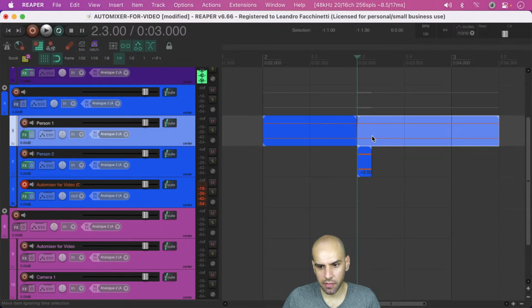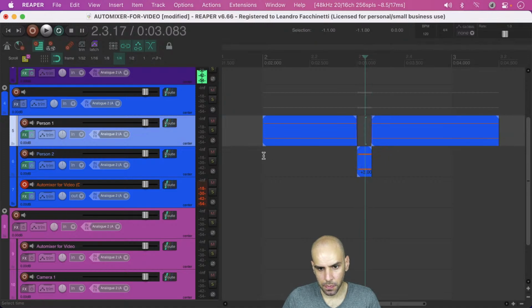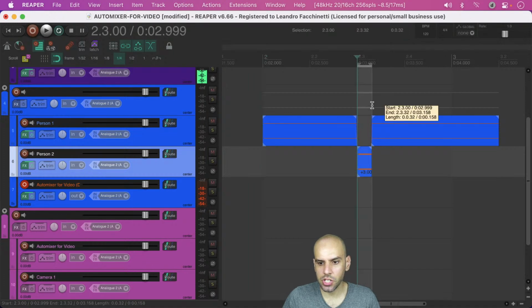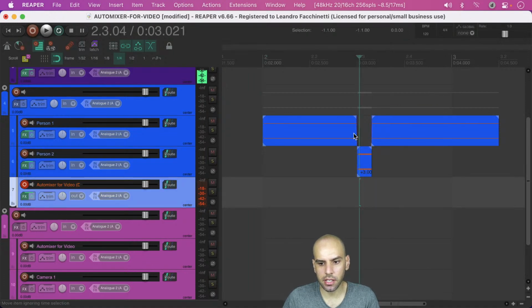So what I want to have happen in this scenario is someone is talking, the camera is on them, and then perhaps they're catching their breath or something, and someone says something, and I don't want the camera to switch to that second person. I want the camera to continue on the first person. Now, because of the attack parameter, this may already occur, but we'll see if we can come up with just the right length for the attack to not work.